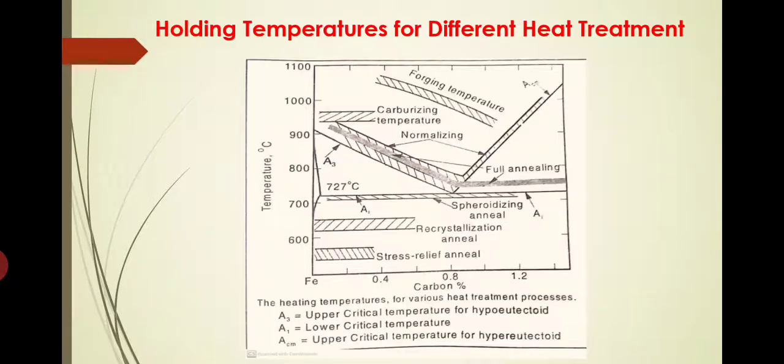For the annealing process, the temperature that we hold is above the upper critical temperature. So complete recrystallization will take place in this case. At this temperature, the specimen will be completely in its stable austenite structure. On cooling, this stable austenite structure is transformed into ferrite plus pearlite. That is the final product we are going to get. If it is hypereutectoid, then it is cementite plus pearlite that will be the final product. So phase transformation occurs during cooling in the full annealing process.